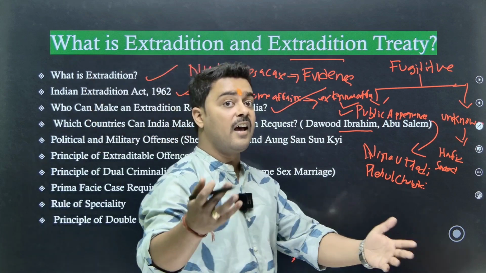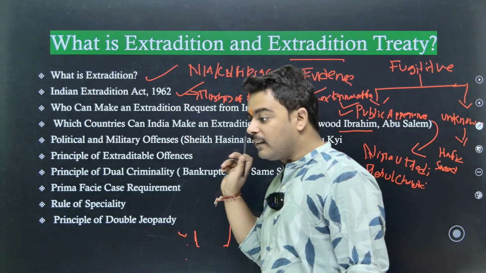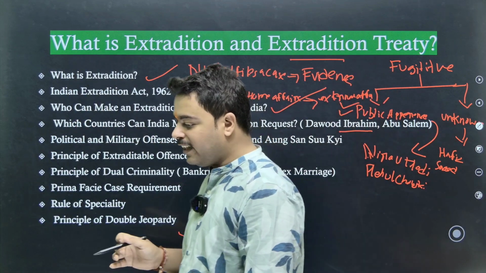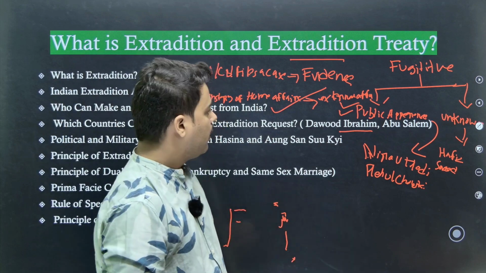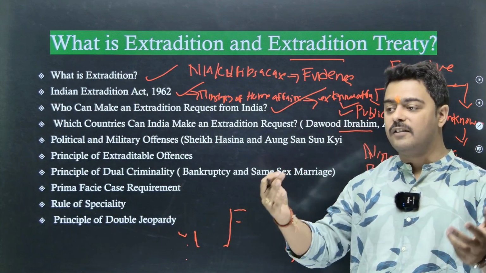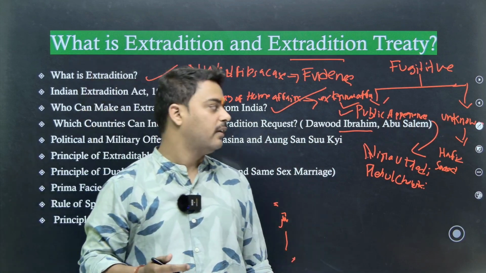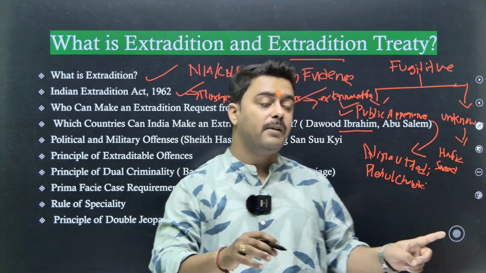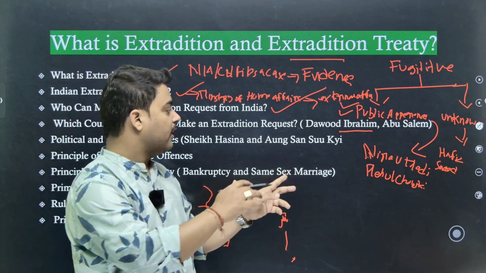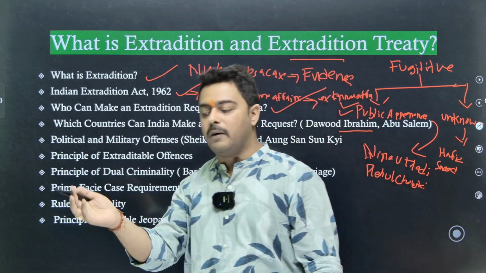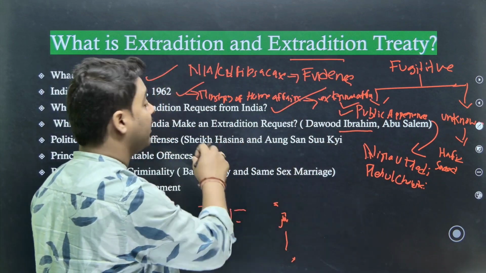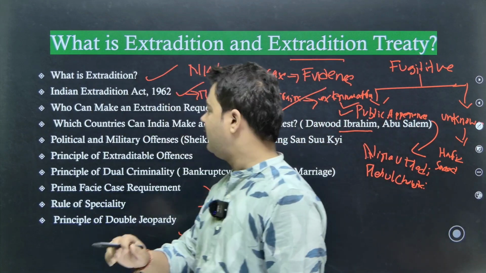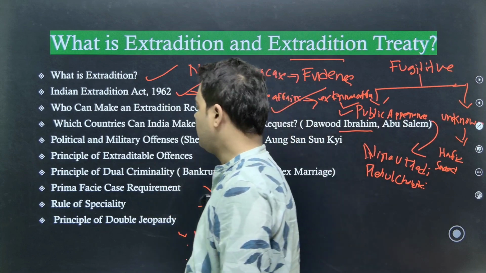Okay, let's take another example, Aung San Suu Kyi. She was the Prime Minister of Myanmar. Around 5 years ago, if I am not wrong, there was a change in government in Myanmar and a military coup took place. Now the military is ruling. Now imagine if somehow after a few years Aung San Suu Kyi or any other person becomes the head of government by ending military rule in Myanmar, and the military leader flew away to India, London, UAE, Dubai, anywhere else. Now against that person, extradition cannot take place. Okay, I hope this is clear. Political and military offenses are not considered under the extradition treaty.